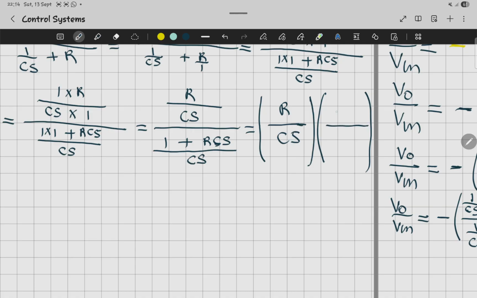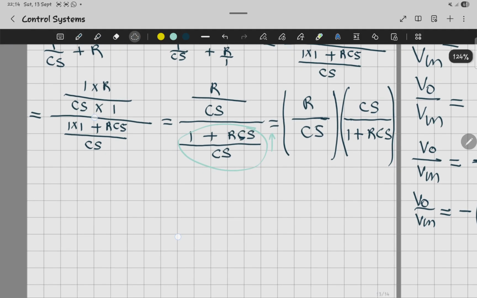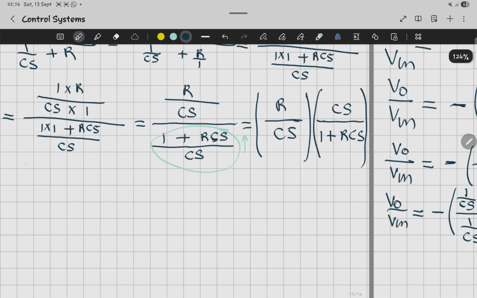So you're gonna have 1 plus RCS. Meaning you're going to reverse this fraction. Once you get the fraction on this side, it's gonna be something like this: